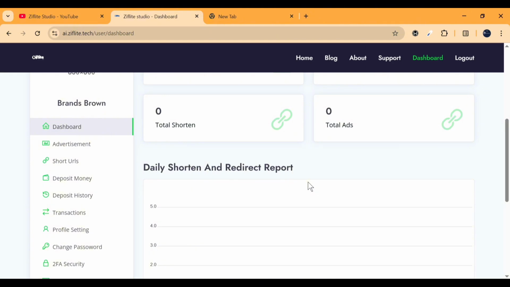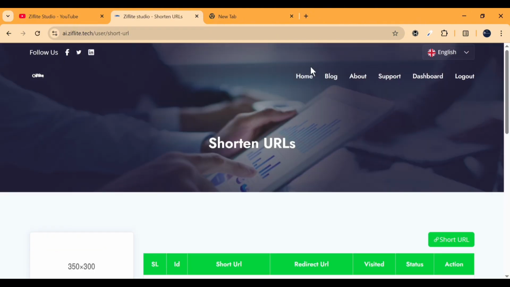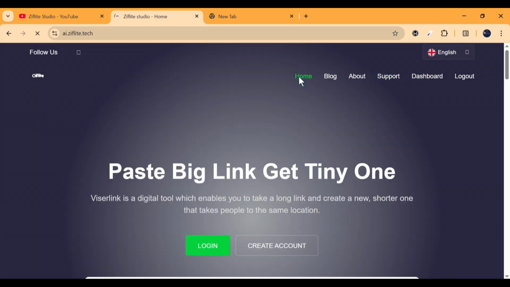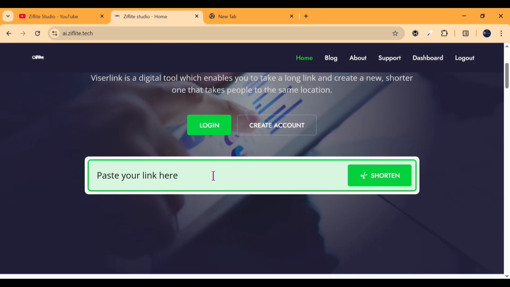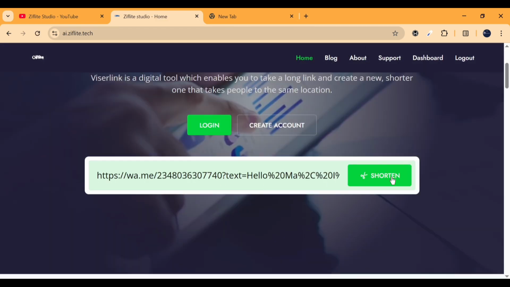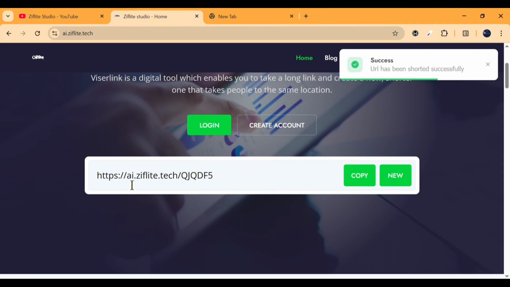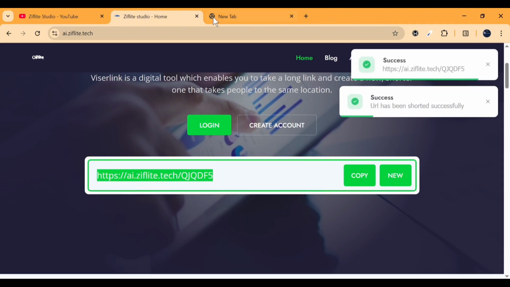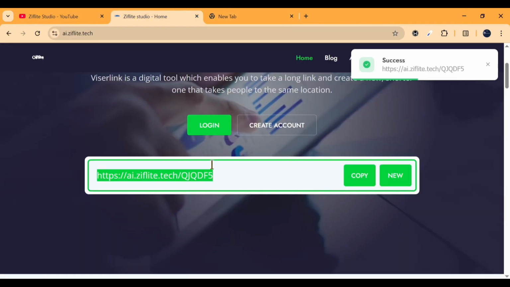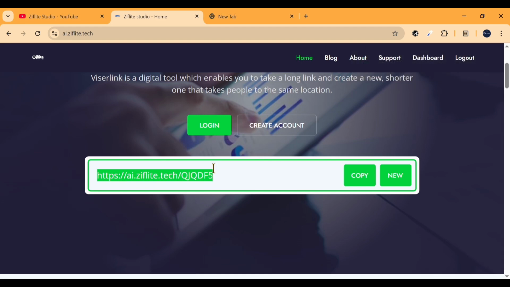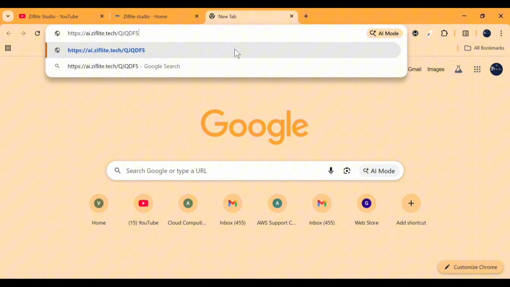So I'm going to show you that the link shortener works. We're going to click on shorten link. We could do it here or we could go to the front of the website. So if I come here and paste it after creating an account, we just click on shorten link. And voila, we have the link. So I'm just going to copy this and we're going to test it. Now, the link I actually posted was a long link. It's a link to a WhatsApp with a pre-written message. Okay, so if I paste this here,